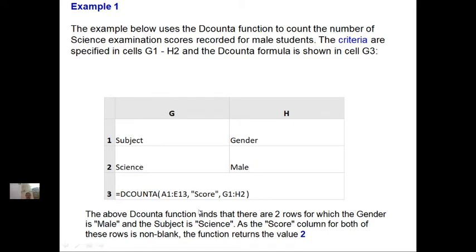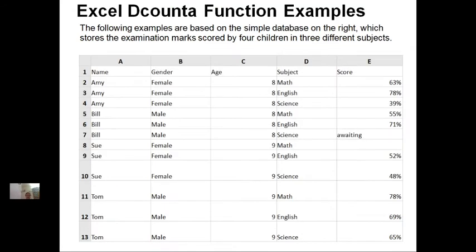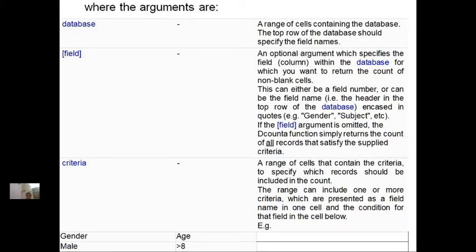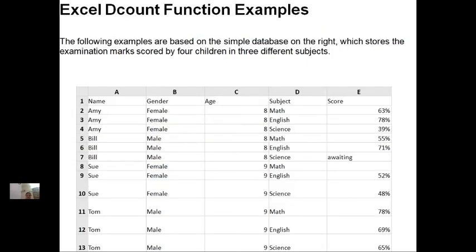The difference between DCOUNT and DCOUNTA. Let us see what is happening here. The above DCOUNTA function finds that there are 2 rows for which the gender is male and subject is science. As the score column for both these rows is non-blank, the function returns the value 2. Before, for the DCOUNT function, the function returned the value 1, because in that one the value of score is not given.